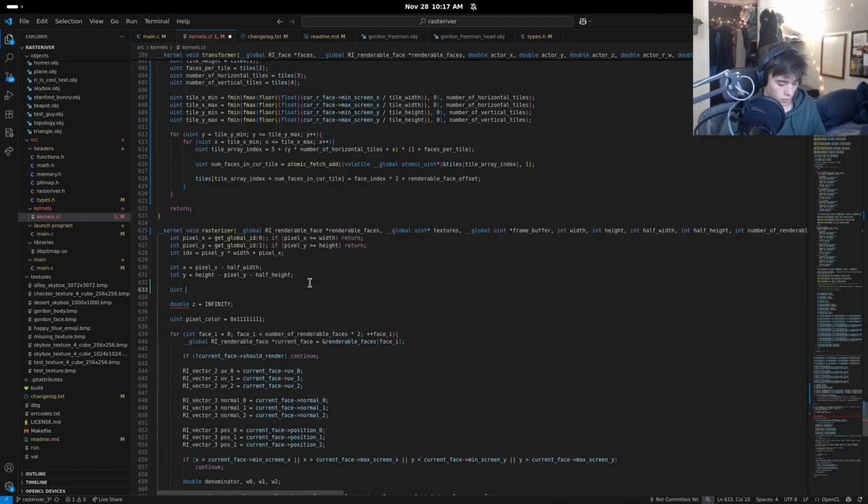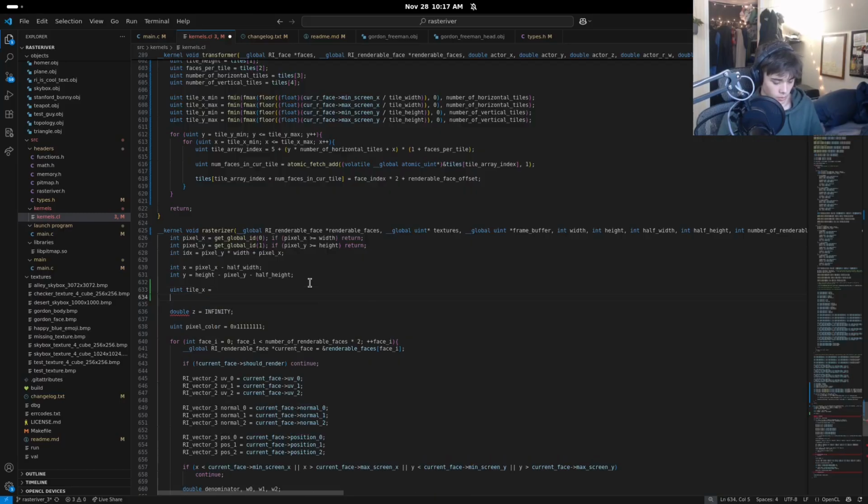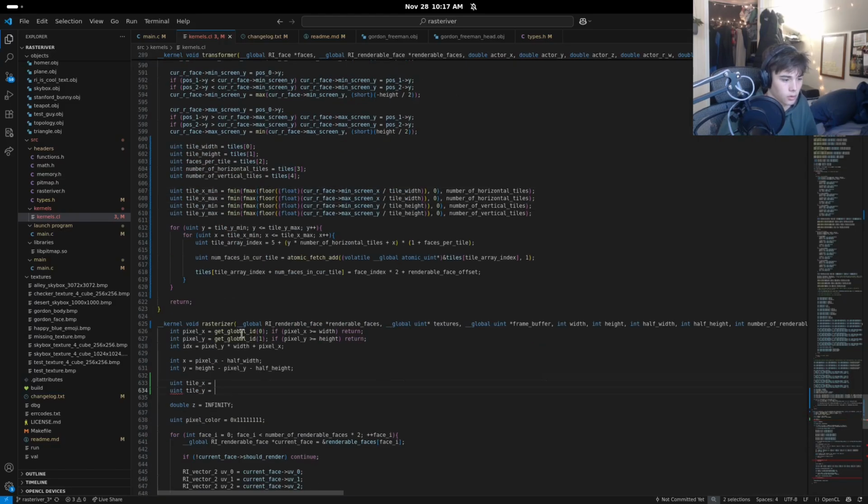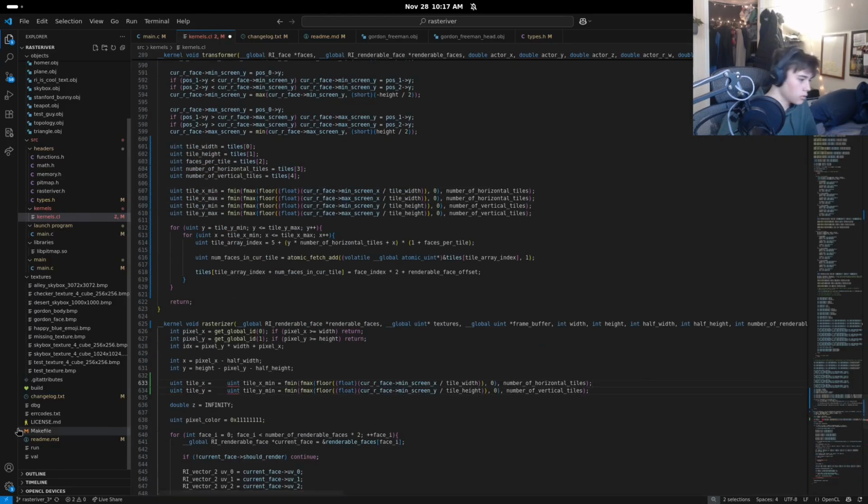Uint tile x equals blah blah blah, int tile y, and then we can do the exact same thing we did for this, but instead of this, we can do